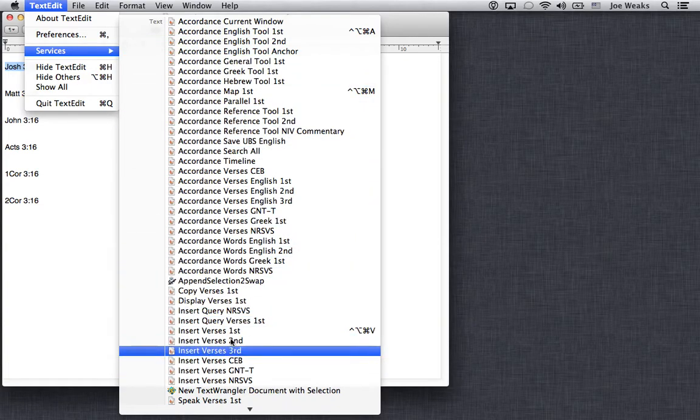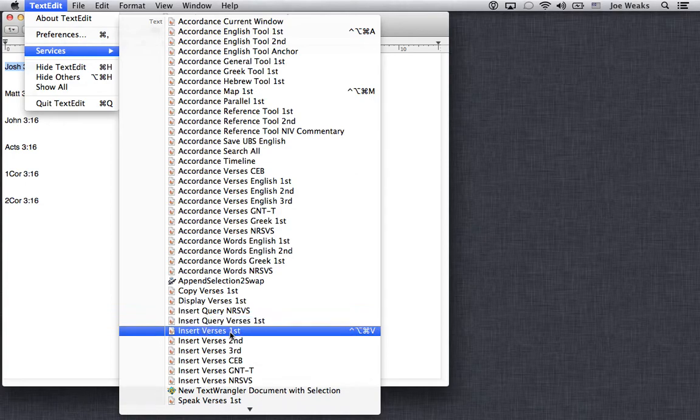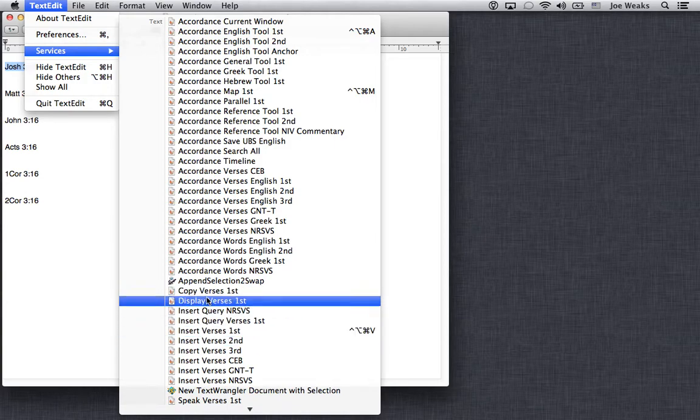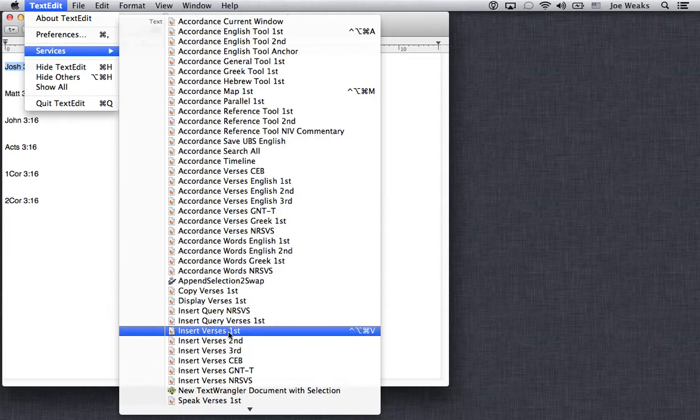The second kind are the insertion services, which can only work with verse references and returning the full text. The benefit of that is Accordance does not come to the front. It allows you to work and interact just in the application, the word processor, the text environment that you are working in. In addition to inserting the text into your document, it can also copy it to the clipboard or display it or speak it, but most useful is this insert